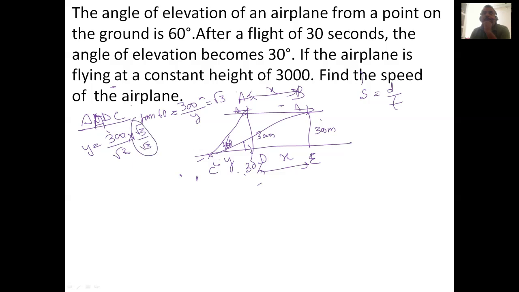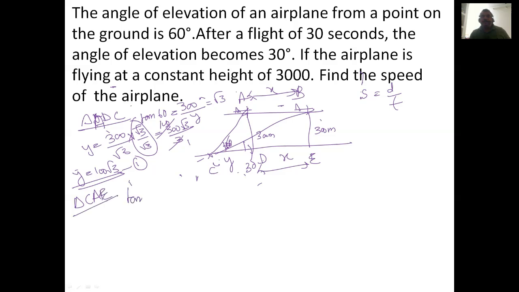It will become 300 root 3 upon 3. Thus y is equal to 100 root 3. This is the value: 3 1 ja 300 ja, so it becomes 100 root 3. Now in the other triangle, triangle CAE,